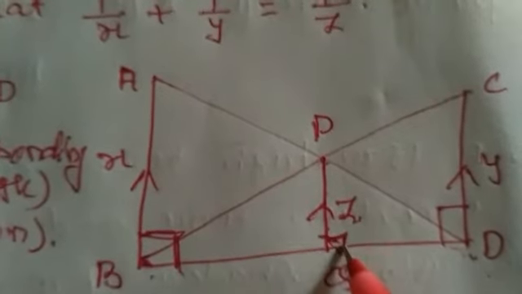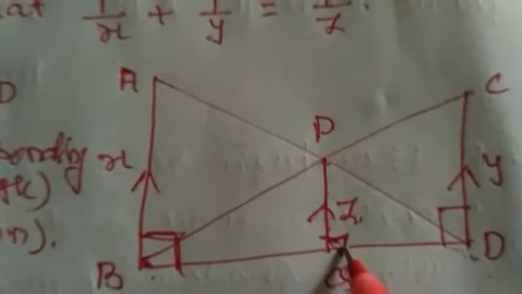In triangle ABD and PQD, we have angle B equals angle Q, because AB and PQ are parallel, so this angle B will be equal to angle Q due to corresponding angles. And angle D becomes common in both triangles. So by these two conditions, these two triangles will be similar. Let's see how it can be written.